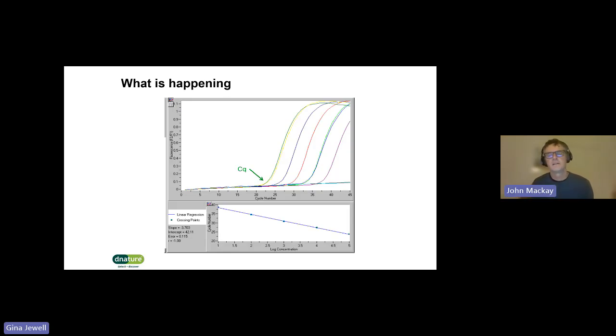So what we're interested in is where the DNA starts to appear from that flat line. So each line there is representing a single sample. And the earlier we see that fluorescence kick up there into the exponential phase is directly proportional to the amount of target